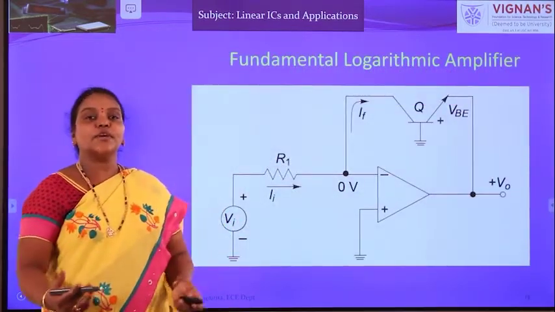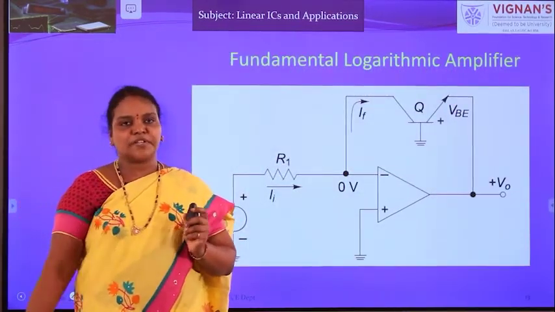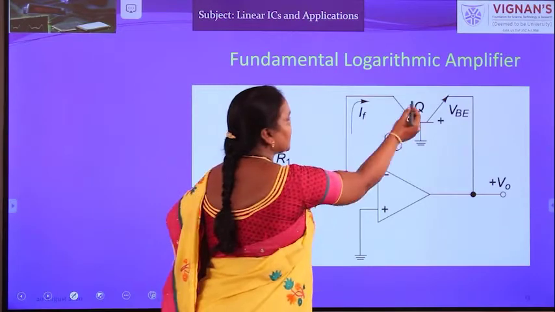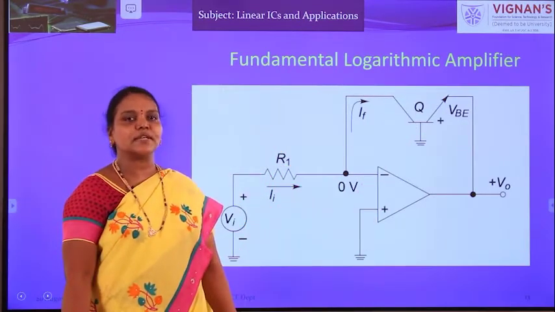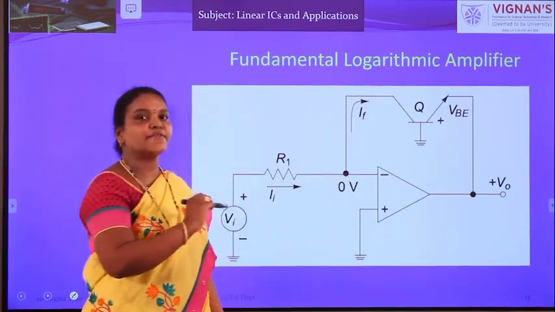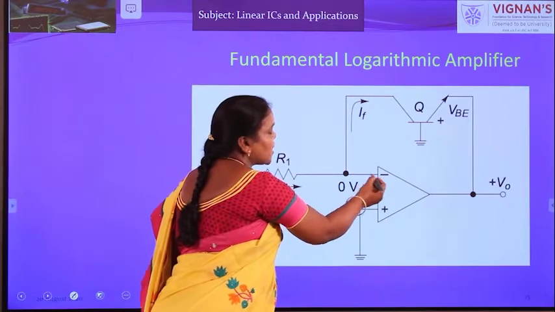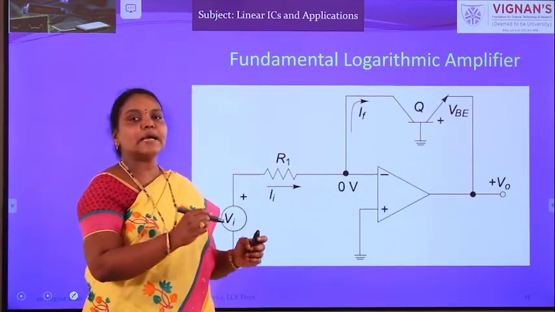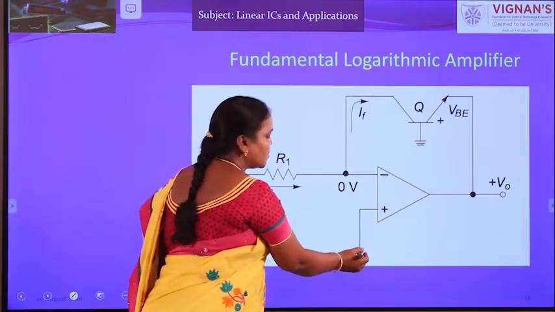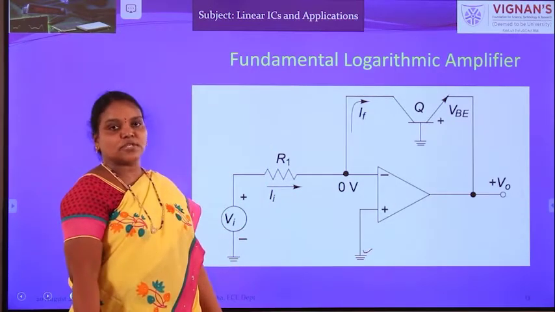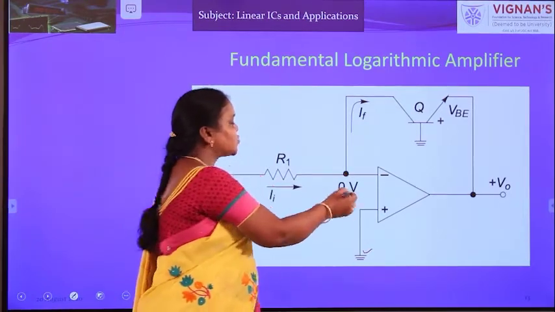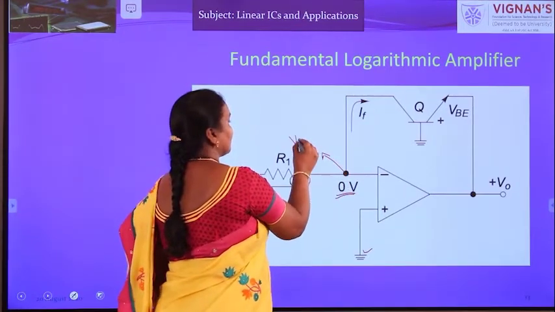Now let us see the circuit diagram which performs this logarithm operation. So this is the circuit diagram, a very simple circuit, and in the feedback part there is a transistor whose base is grounded. Here the inverting pin is also at virtual ground. As there is no current flowing into the op amp, non-inverting and inverting will be at the same potential. Here if you observe, non-inverting is given to ground, that means 0 volts. So even though the inverting pin is not given to ground, it will be at 0 volts. It is called virtual ground.